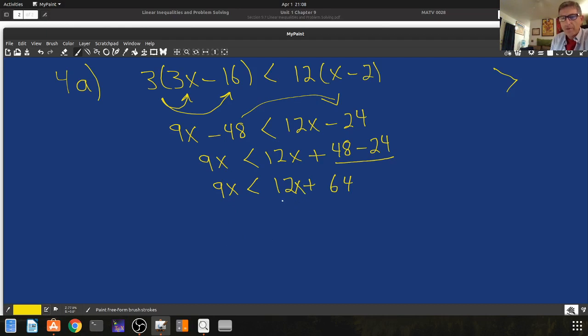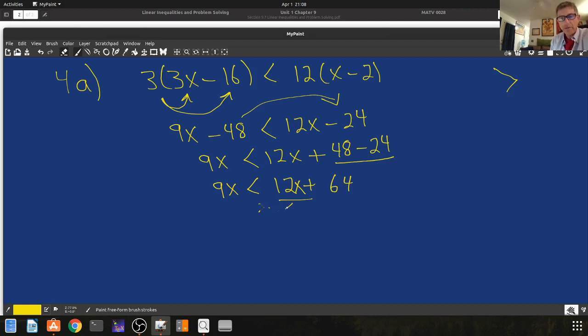So now I'm going to move my x term to the other side. Or do I want to do that? Let's stop and think. If I move the x term to the other side, it's going to be negative, and I'm going to have to divide through by a negative, because I'm going to have minus 12x plus 9x, which is going to give me a minus 3x. So I'm going to abandon that particular idea,